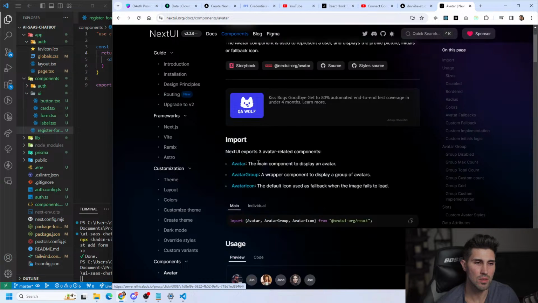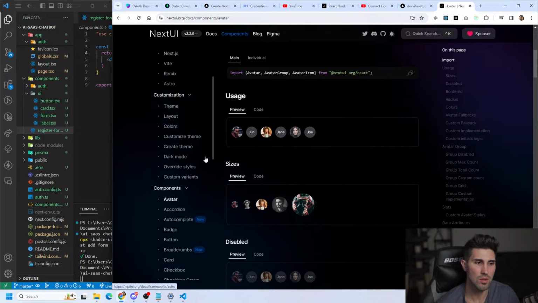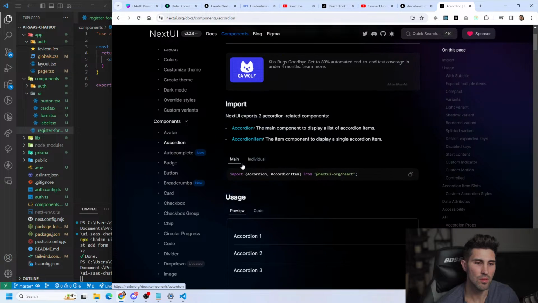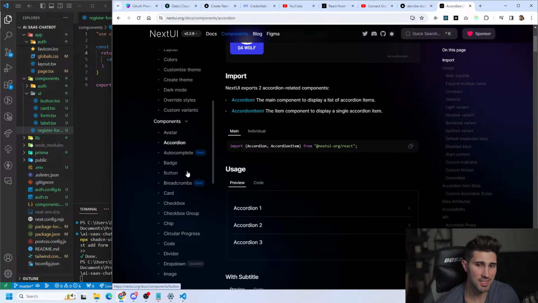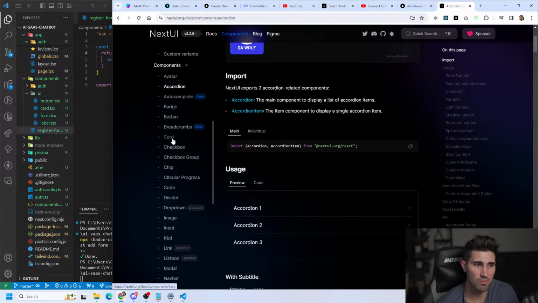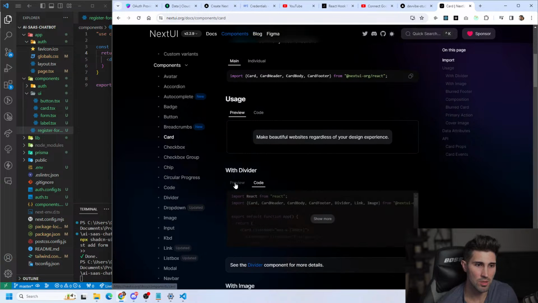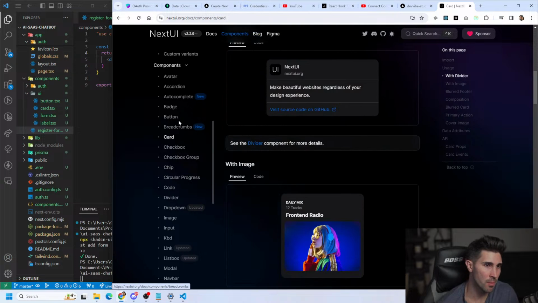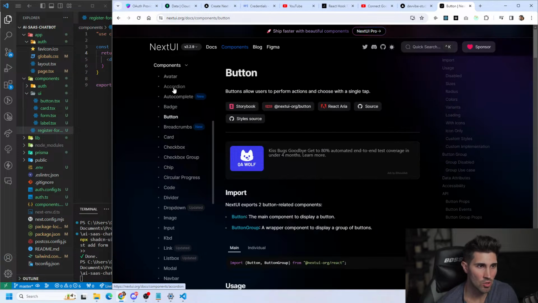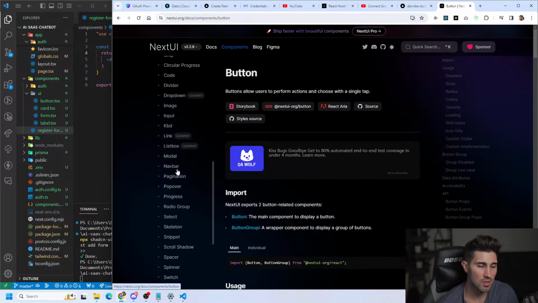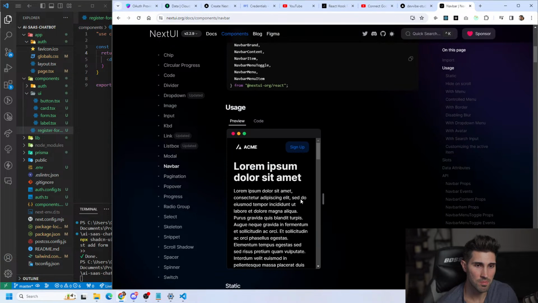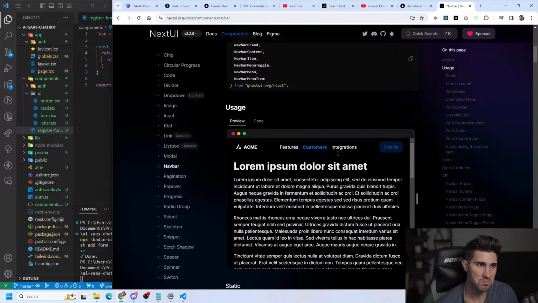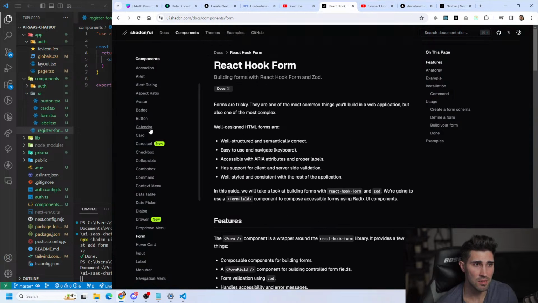Components. Yeah, no, I mean it's the same thing. ShadCN and Next UI look very, very similar. Yeah, they have a card, checkbox, breadcrumbs, button, accordion, avatar, dropdown. They have one that's called navbar. It's pretty cool. Yeah. No, if you want to use Next UI, go ahead and use Next UI. But if you never use ShadCN,